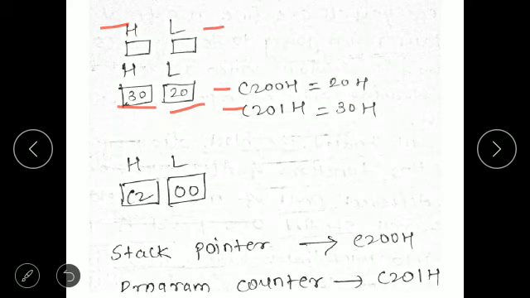If you want to store the address of the memory location C200H, you can use these registers as a pair: the lower order of the address, 00, is stored in the L register, and the higher order, C2, is stored in the H register.